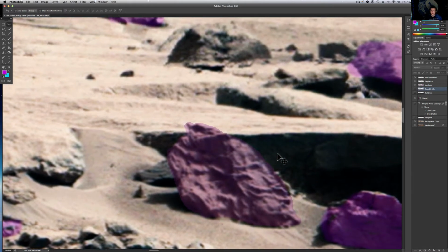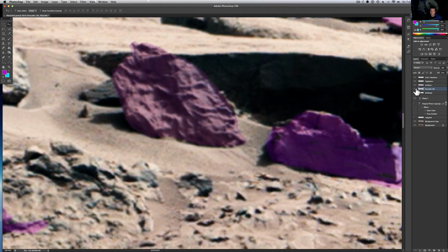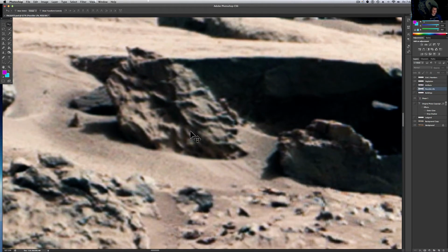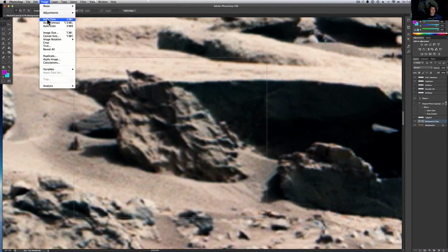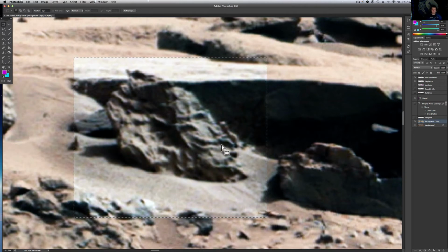Rocks like this that I can't really explain, that look like possibly something, maybe even wood here. I was wondering. Let's see. This looks like petrified wood of some sort. Something that had all sorts of something inside of it. Let's see what happened. I just lost my pad. There it is. Oops. I want to do background copy. I want to give it a little bit of auto color. Look over that. I mean, that just looks like petrified wood to me,